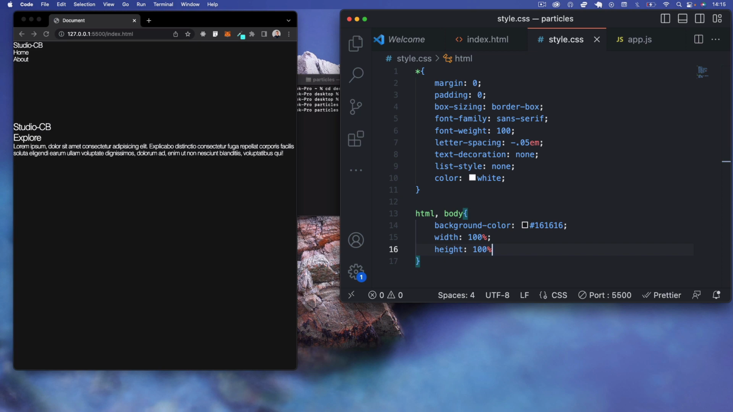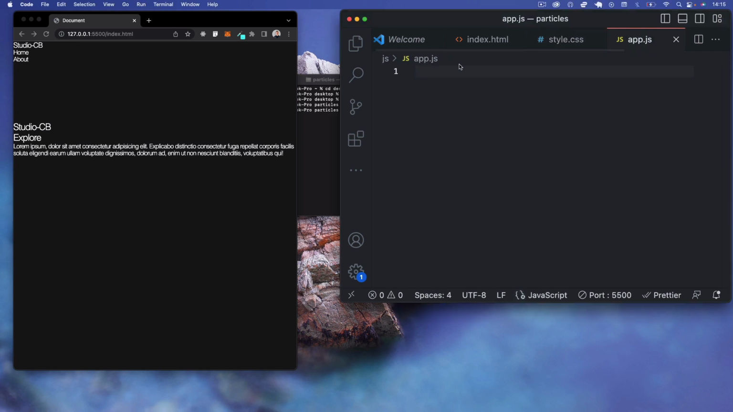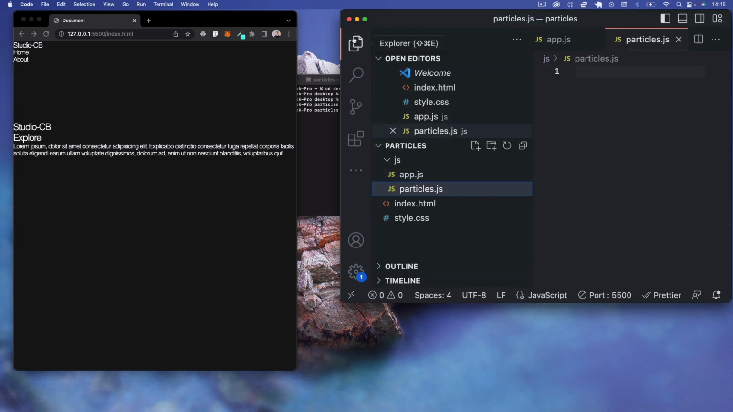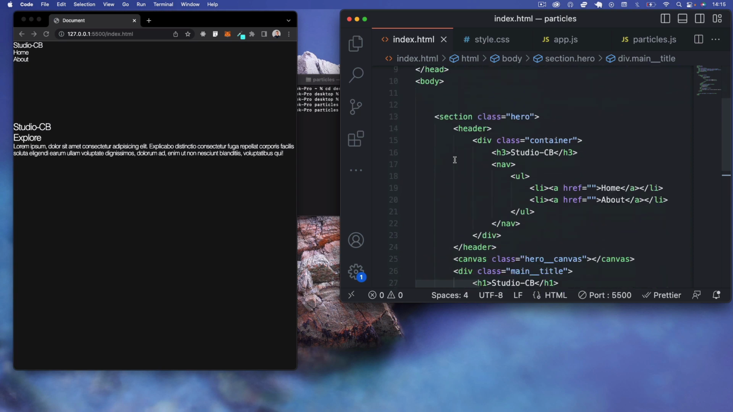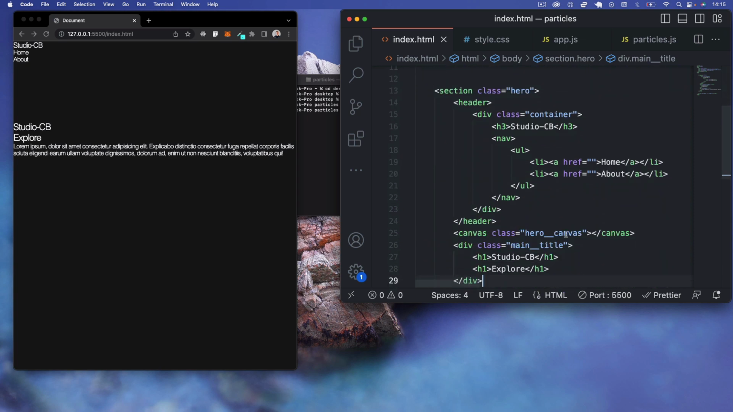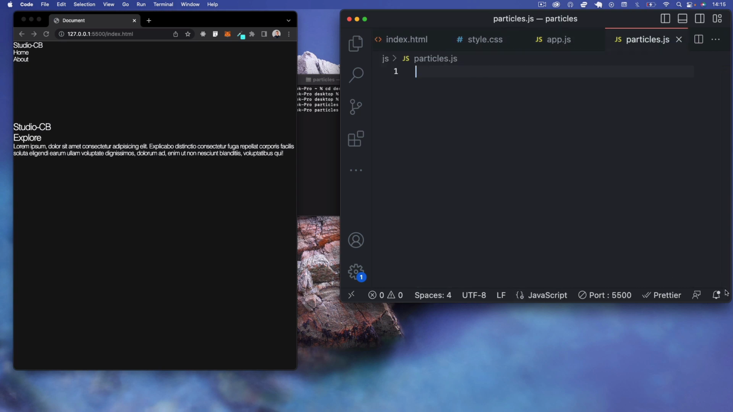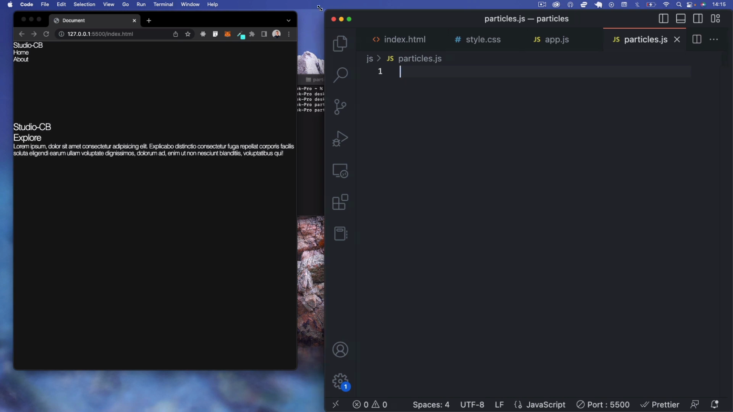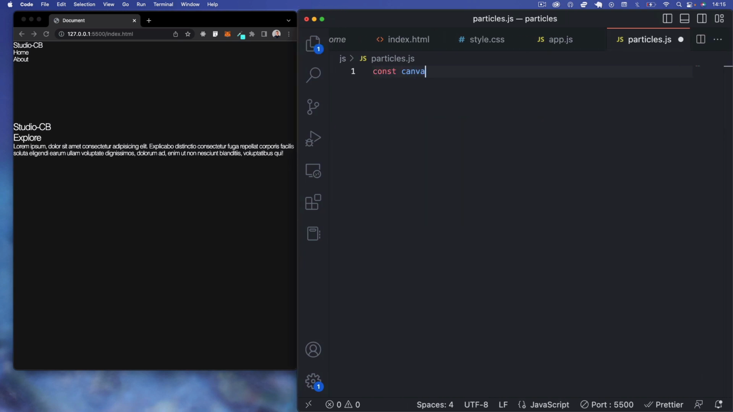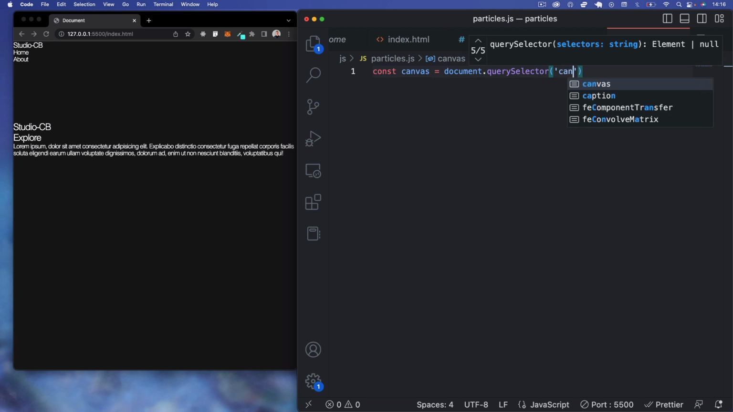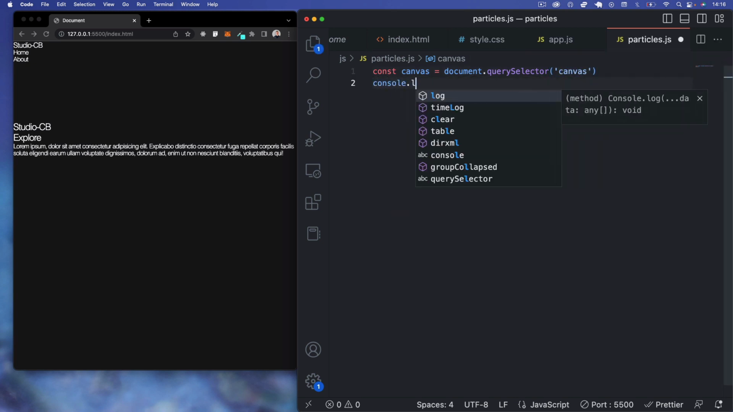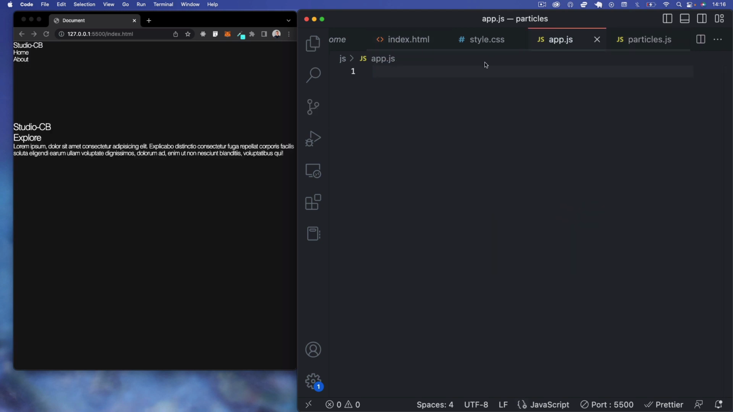So the next thing I want to do is go to the canvas now, just so you can see how that really works. If we open up our particles.js file here, the first thing we need to do is grab our canvas. Remember, we created a canvas here, so where is it? Yeah, this hero canvas. So let's select that in the particles.js file. Then we can say const canvas equals document.querySelector, and we can just grab the canvas, like so. So if we console.log canvas now,